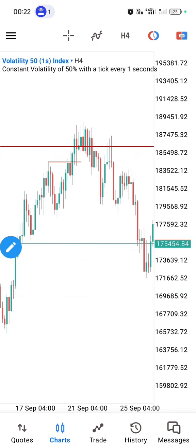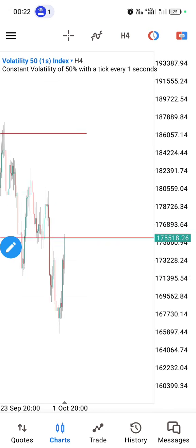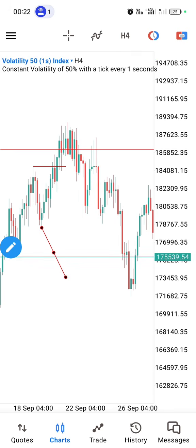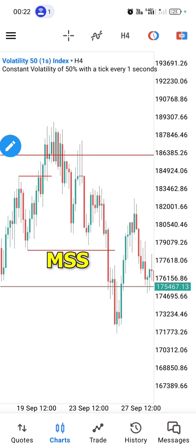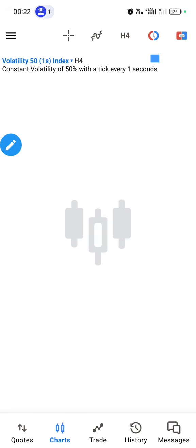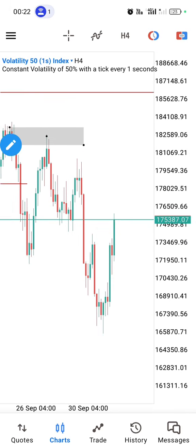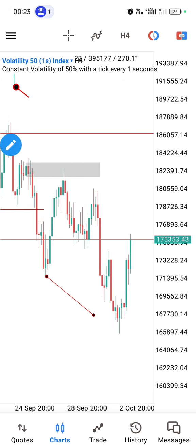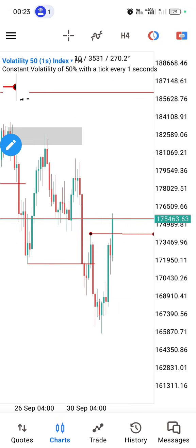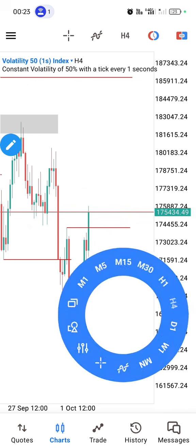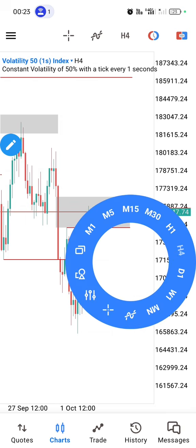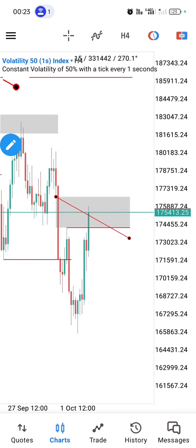So now we can see that it's giving us a reversal right there on the smaller time frame, because it broke structure above that high, and then it gave us a max structure shift. Now it wants to continue selling down like the high time frame is indicating, and when it went up, it hit the 4-hour order block. It continued to drop down, giving us a break of structure, and now where we are going to be selling is after price gave us that trade, it went back inside the range and it's going to fill the fair value gap, and then immediately after it fills that fair value gap, we're going to of course want